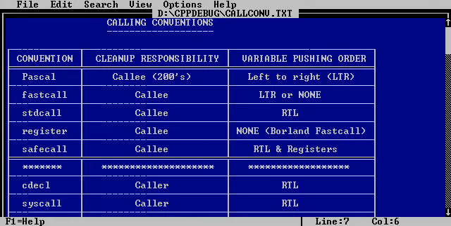One is called Pascal, I mentioned already. Fast call sometimes doesn't use any pushing or popping. So left to right. Left to right, that's the normal way that you read. So that means that the function foo